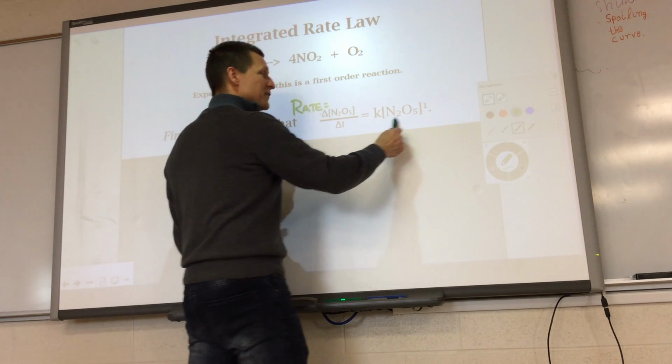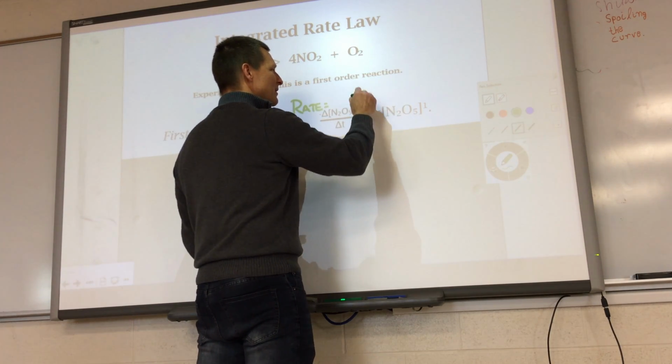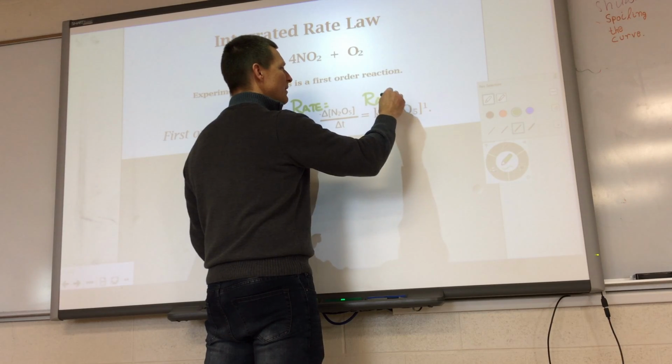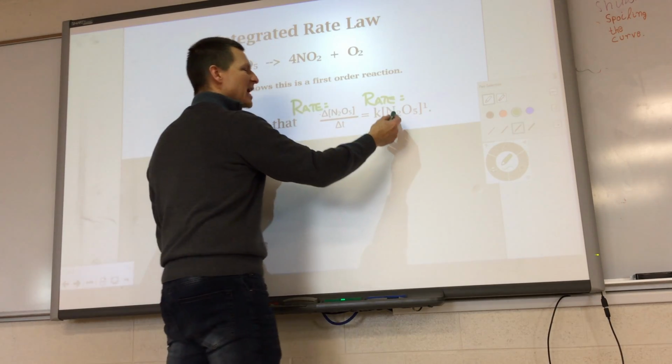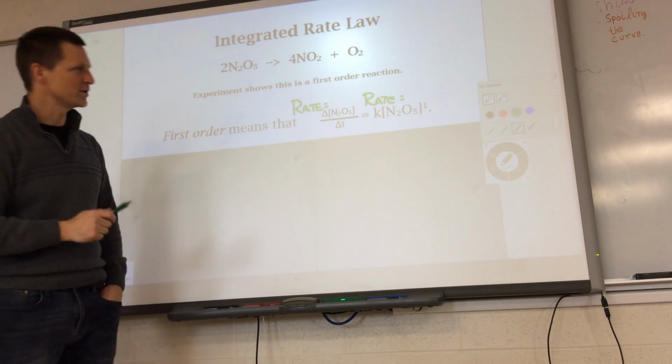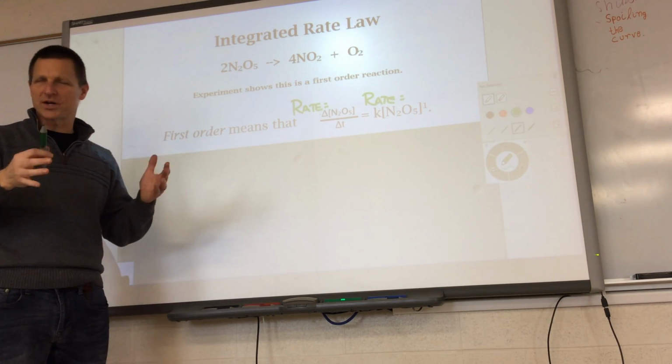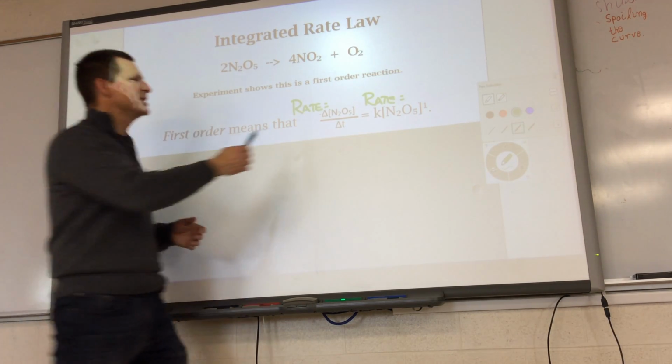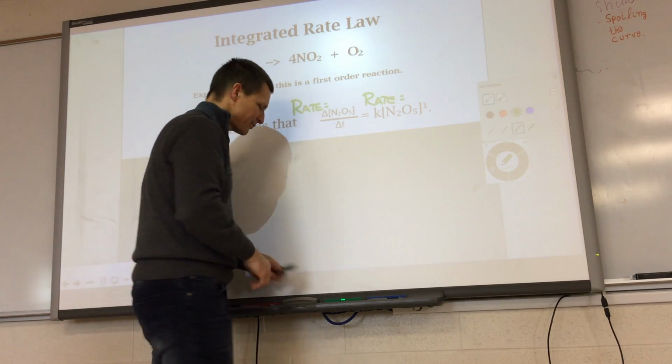The rate law for a first order reaction is k times the one reactant concentration raised to its order, which is first order. So both of those are expressions for what the rate is. That means that they're equal to each other. So